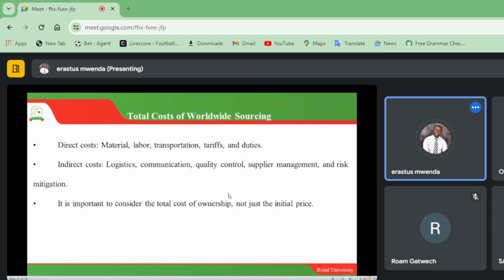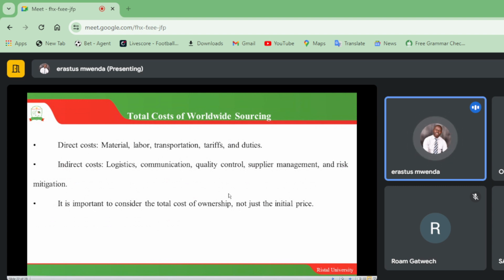So we also discuss what we call total cost of worldwide sourcing. So what kind of costs are you going to incur when you are doing worldwide sourcing? Number one, direct costs. This is in regards to material, labor, transportation, tariffs, and duties. You need to be cognizant of that. And also other indirect costs that may come in handy when you are doing worldwide sourcing would be things to do with the logistics,